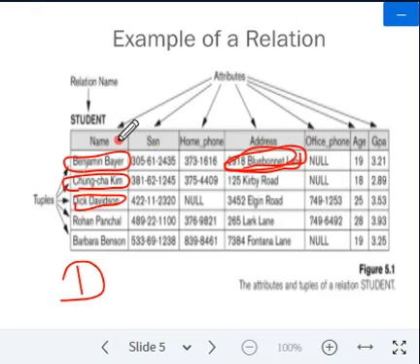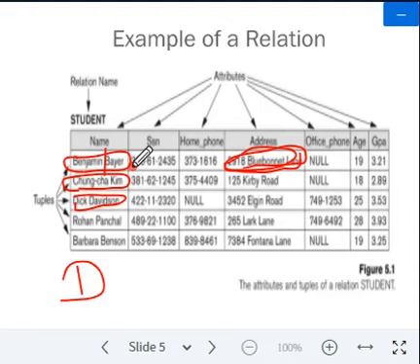If I separate the name into first name, middle name, and last name, then Benjamin goes into the column first name and Bayer goes into the column last name, and each is again an atomic value. But here I have defined Benjamin Bayer under the name column as one atomic value, which cannot be further divided.